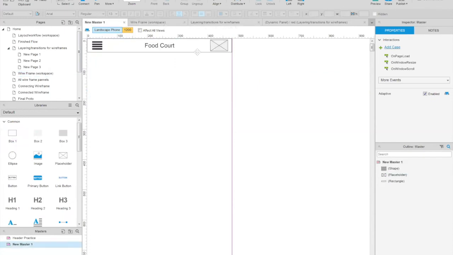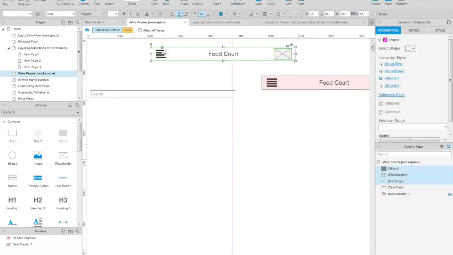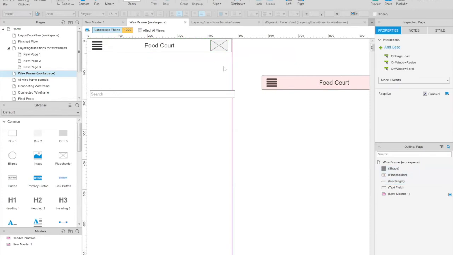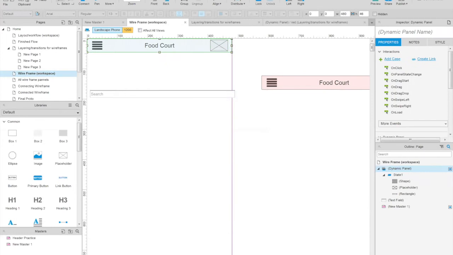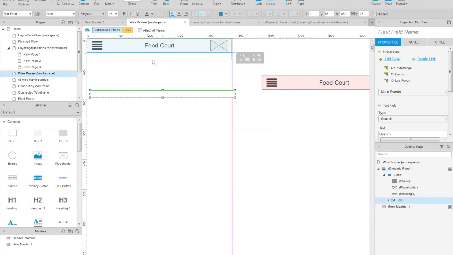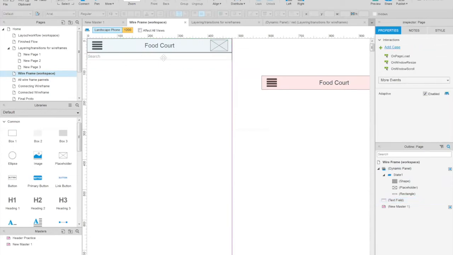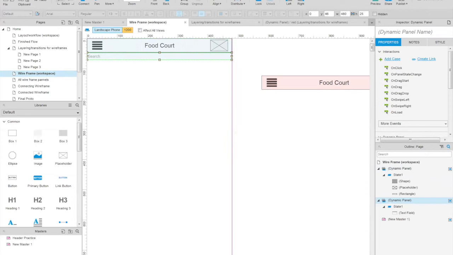I'm just going to go to our new master, and we're just going to make this into our dynamic panel. And we're going to make our search bar a dynamic panel, and I'll tell you why in a second. We're going to label this our sticky header,